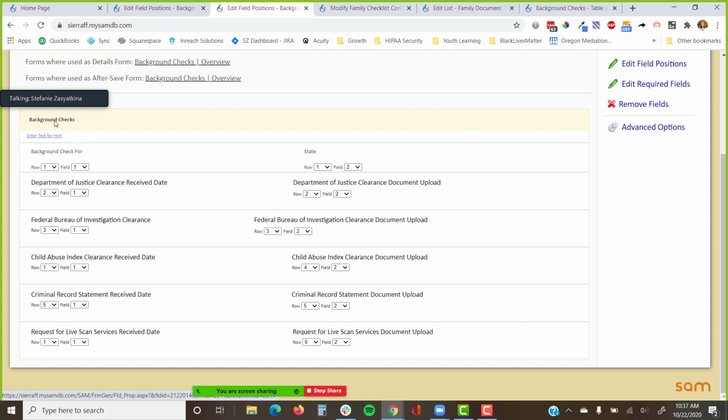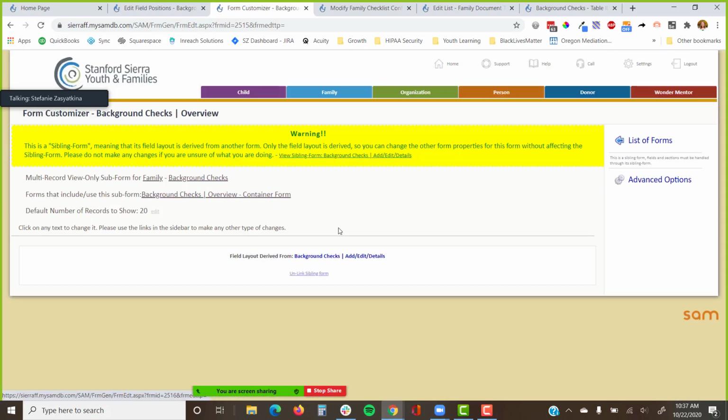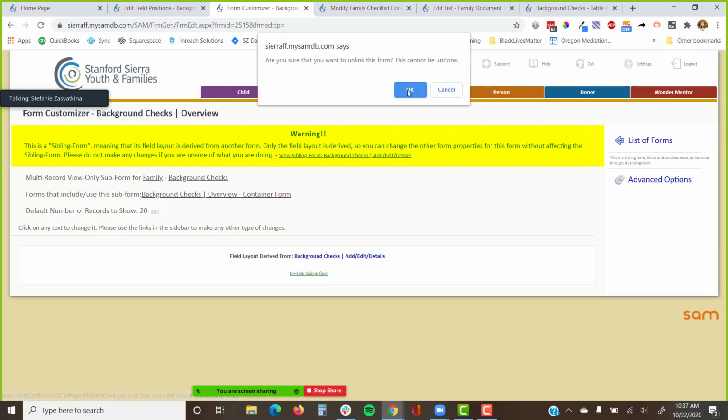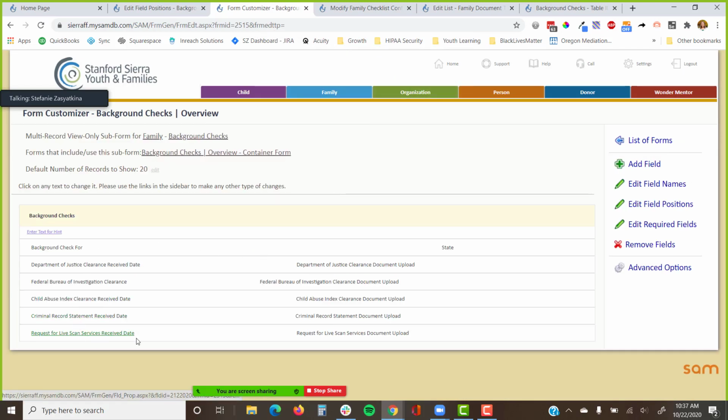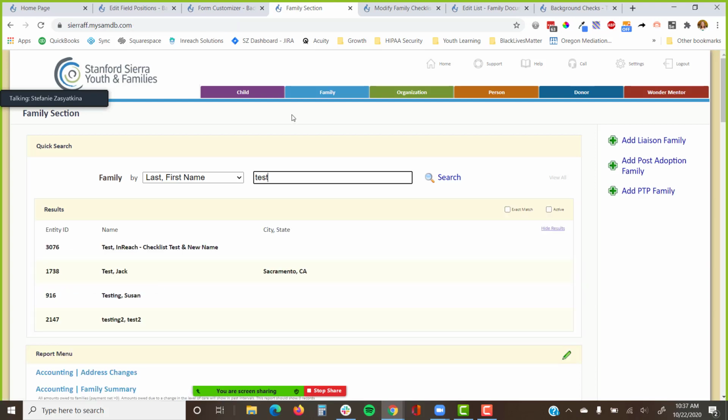Okay. So let's go now to our overview form, and I'm going to unlink. And of course, right here, we're going to end up with all of these things, which I think is going to be a little busy on the form itself, but let's take a look at this. So for Jack,